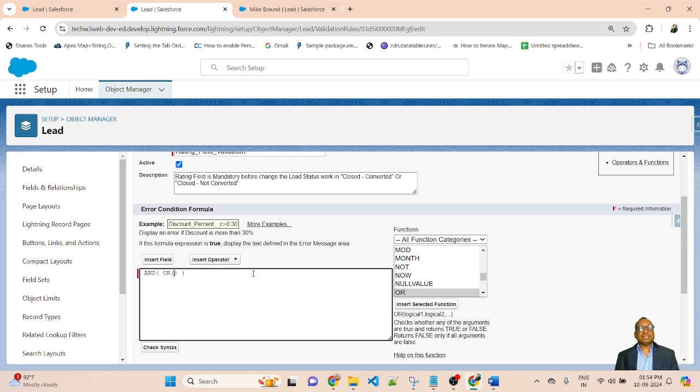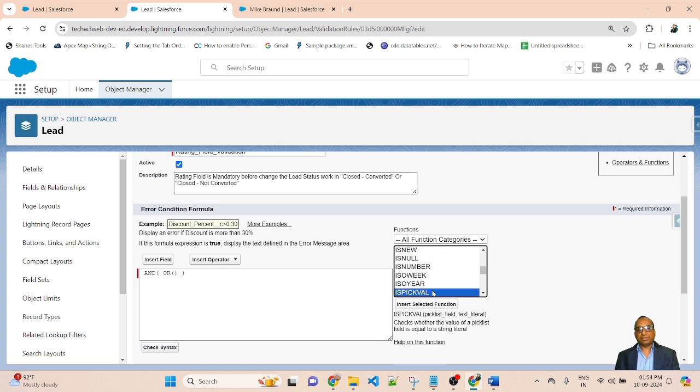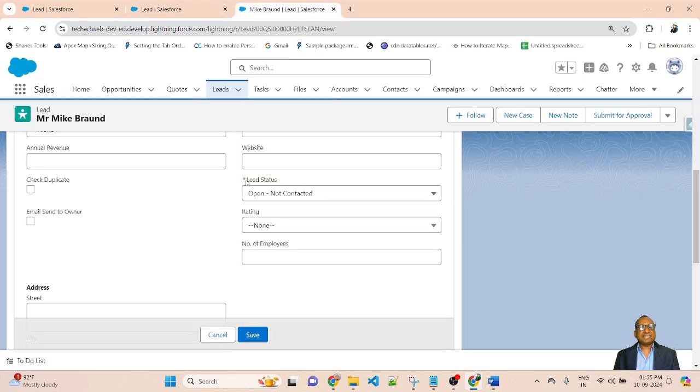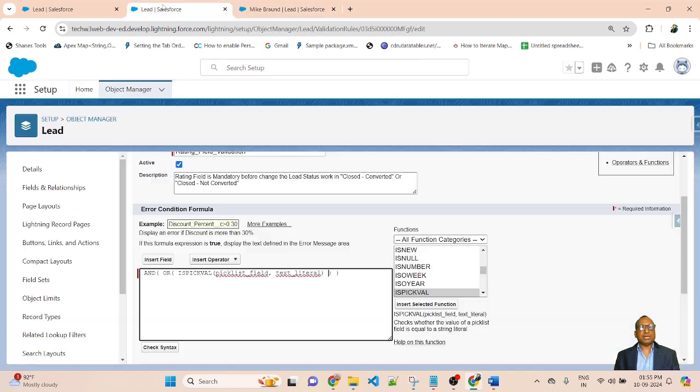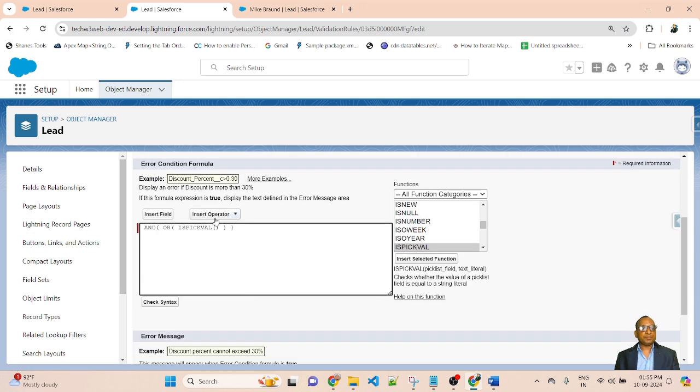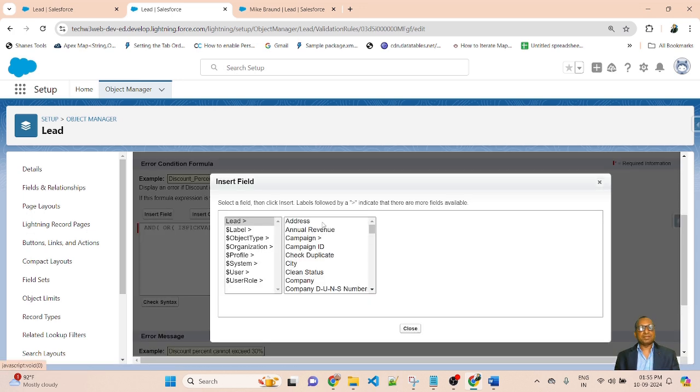and inside the OR condition I will use ISPICKVAL, this one, because lead status is a pick list value. So I will get the value from the ISPICKVAL function, and here I will pass a field name. So friends, insert field, lead status.